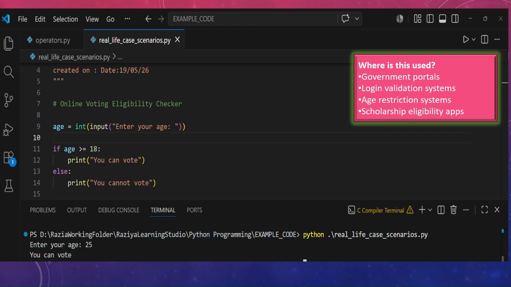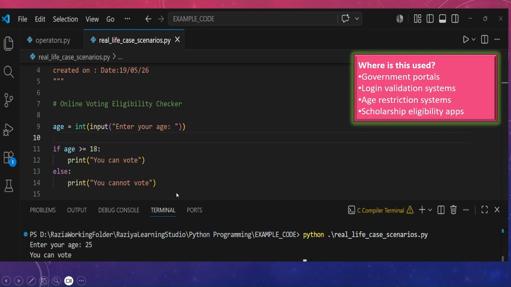Whenever we are writing, we should always go back to the data types and all those things. It should subconsciously start working now. So we need to check here and cast it into an integer value. For the integer value, it will now check the condition. The requirement of this application was to check whether the input value is greater than or equal to 18. If it is, then print that you can vote, else print you cannot vote.